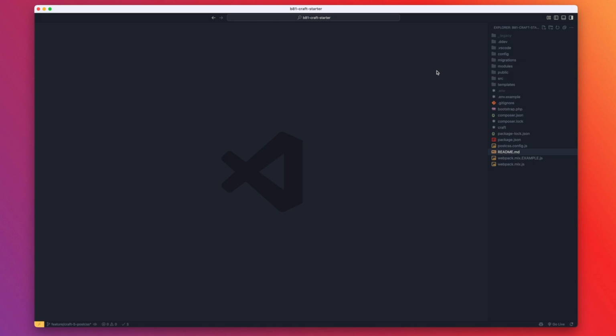All right, so here I am inside of VS Code, which is my preferred code editor, and I just wanted to quickly go over the high-level directory and file structure of my particular project. Now, this project is what I call my Block 81 Craft Starter. It's basically a starter or boilerplate project that I start all of my brand new Craft CMS projects from. When I inherit a site, obviously I stick with whatever the previous developer has set up,